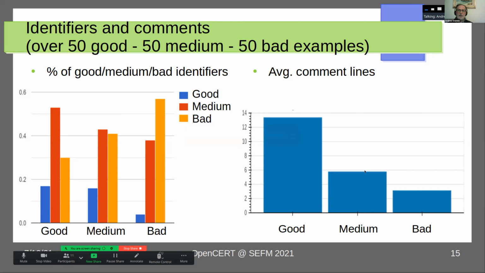For example, here is another feature, the average number of comment lines in the code. We see that good programs are more commented than medium ones, and bad programs have almost no comments. Okay, so